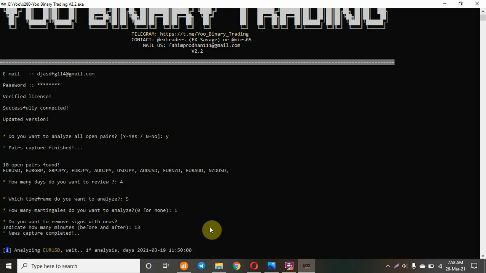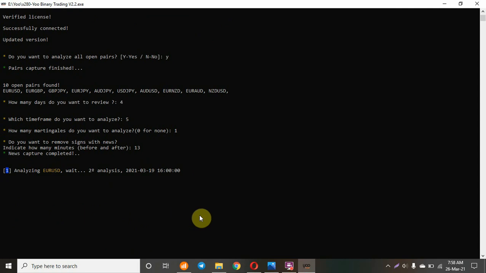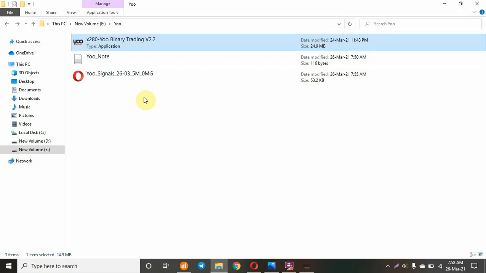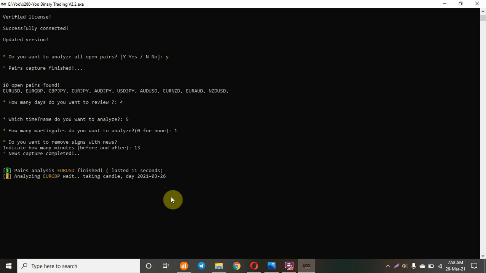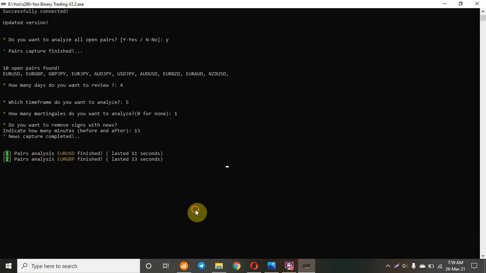One step is very good. With one step martingale, you will get the color coding option. So let's delete these signals. Okay, it will take some time.